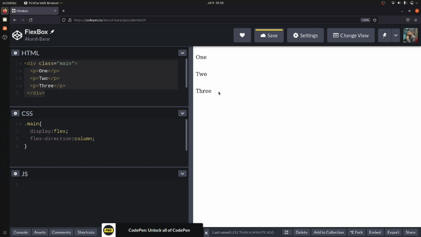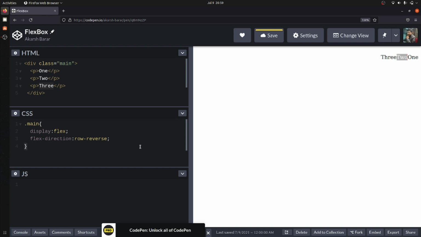This is the best way to do this, and if you try to make it responsive, this will definitely work like this, the column. There is one more option, that is column reverse. You can see that the whole column is now reversed. We have 3 at the bottom in the code, but in the output the 3 is at the top. In the same way we have row reverse also. By the name itself you can see that everything is now reversed.